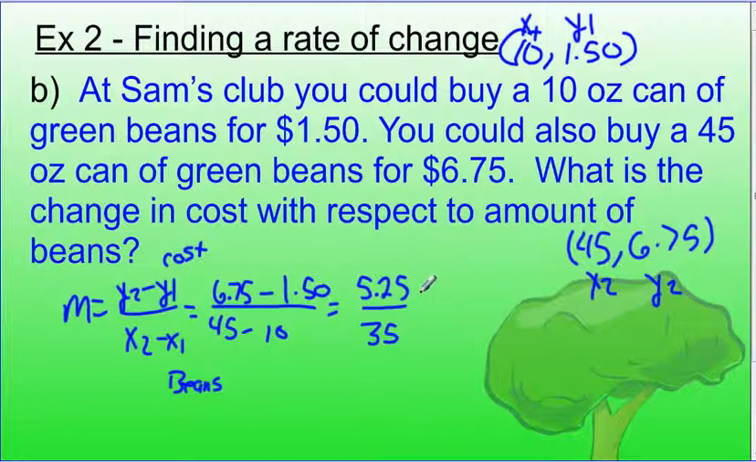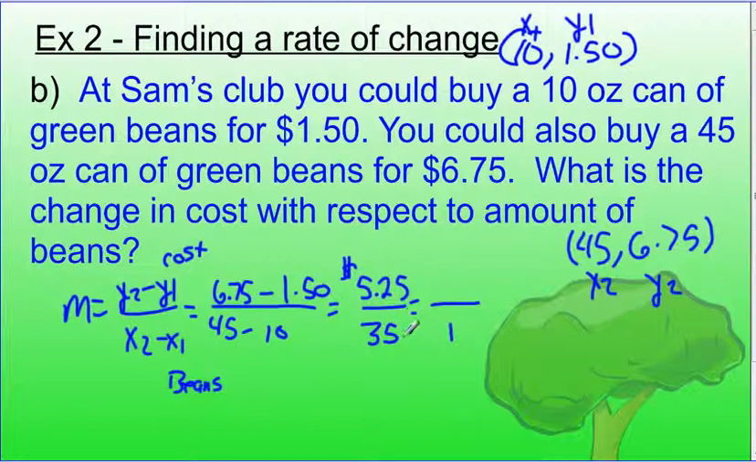So they're going to charge you $5.25 for every 35 ounces of beans. Now, that is a change with respect to cost, but if we can make this a little bit better, we could. If we can give a denominator of 1, which, by the way, for those of you who remember way back in the day when you were talking about proportions and stuff, back in like course 2,